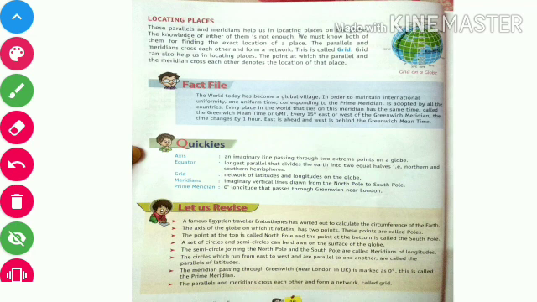The point at the top is called North Pole and the point at the bottom is called South Pole. I have already told you a set of circles and semicircles can be drawn on the surface of the globe. The semicircles joining the North Pole and South Pole are called meridians of longitudes. The circles which run from east to west and are parallel to one another are called parallels of latitudes. The meridian passing through Greenwich is marked as 0 degree. This is called the prime meridian. The parallels and meridians cross each other and form a network called grid.